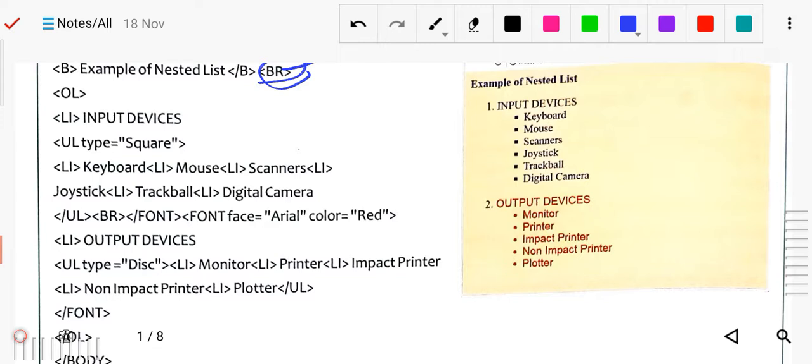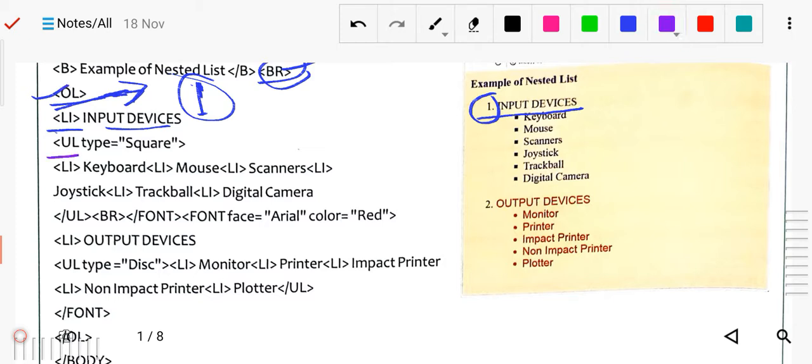Now we have used the OL tag, which means we define this as an ordered list, and here we did not use any attribute like type or start, so it will be used as ordered and it will start from 1. Because we have not defined anything, by default it will start from 1. Now the list input is written, and you can see it started from 1 because we have not defined any attribute.